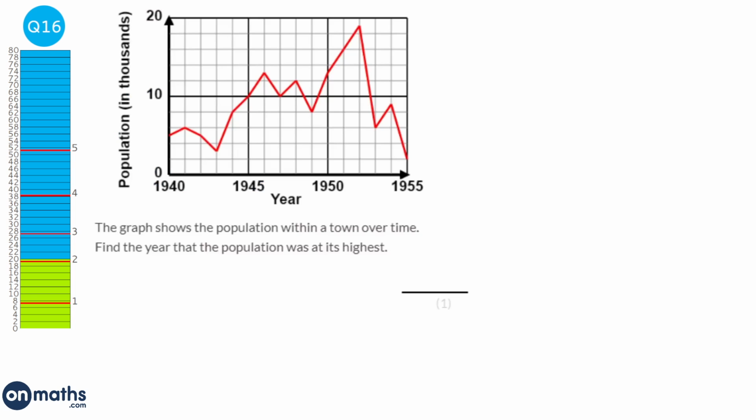So what we need to do is find out where the graph is at its highest, and so it's highest here. And so if we go down from there, we find out what year it is. Well, these years seem to be going up in one, so that's 1950, 1951, 1952. So the answer would be